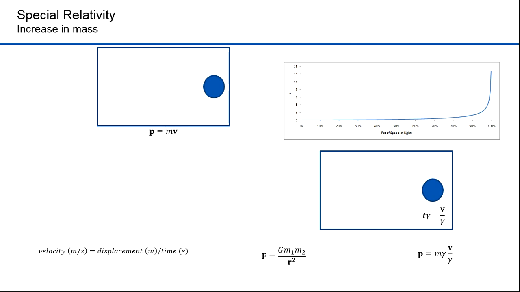Think about what this does to Newton's theory of gravity. If the mass increases, the gravitational force increases proportionally. If we were to increase the mass of a moving body by a factor of gamma, the formula for the gravitational force would look like this. Gamma, you'll recall, is a function of velocity. The v squared term is the only variable in this equation. As the velocity of a planet in orbit increases, its mass increases, and hence the gravitational force increases beyond what Newton had predicted.